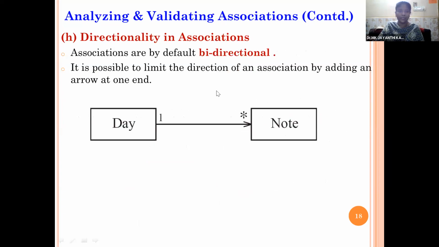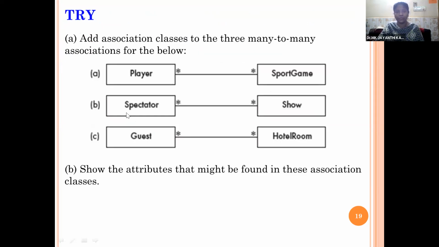And we can make use of directed associations also. Here the direction shows which is your source and which is your destination. And one-to-many relationship with the directed association. This is your starting point, this is your end point, or source and destination. The same way we can represent the association among the different classes using multiplicity.